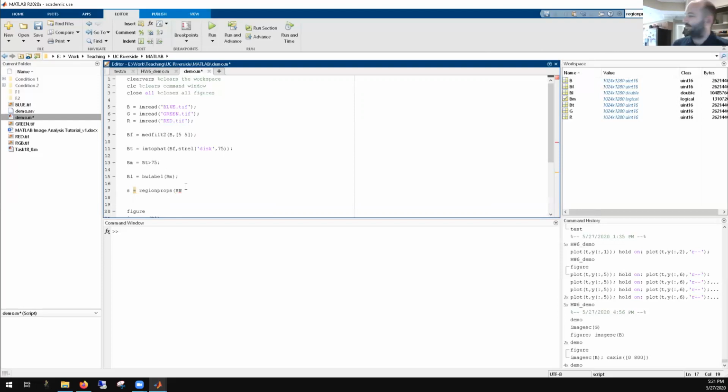But regionprops is a function that you can use to learn about an image. So, sorry, I wanted to use BL. Basically, the first argument is going to be our label image, and then any other argument is what we want to get out of this image. So for example, I want to get out the area. I want to find out what the area of each nuclei is. And I'm going to suppress output and run